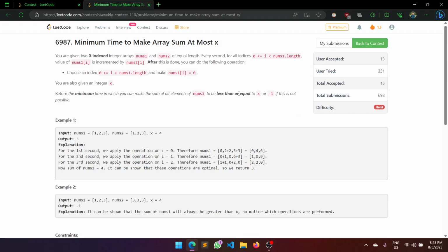I think it's very tricky to handle the case in which minus one will